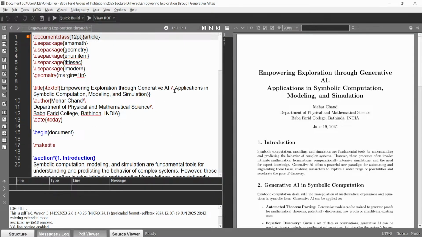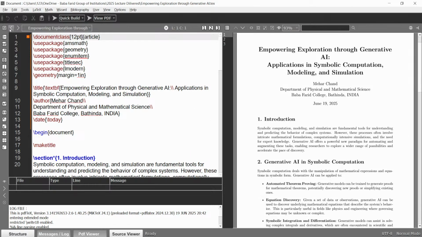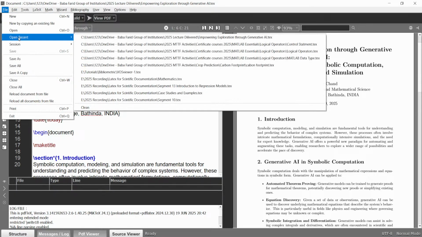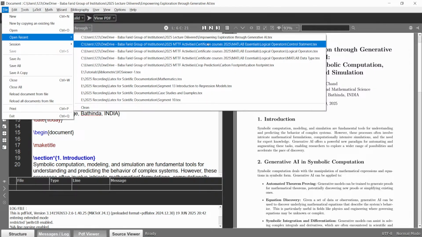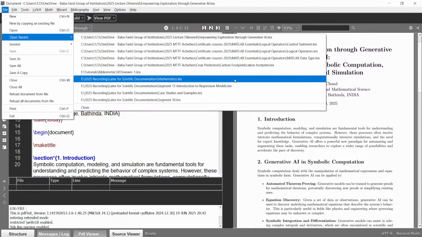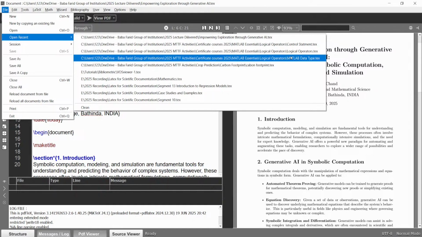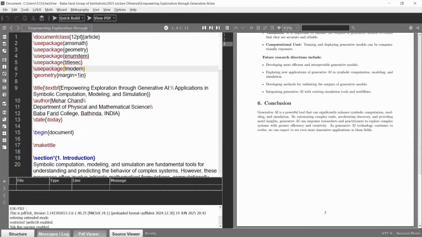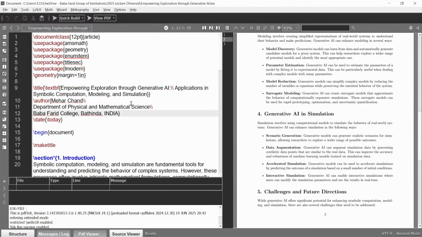Application in symbolic computation modeling. This is another document, no problem.